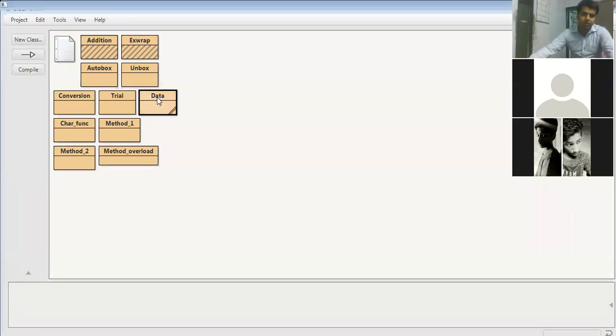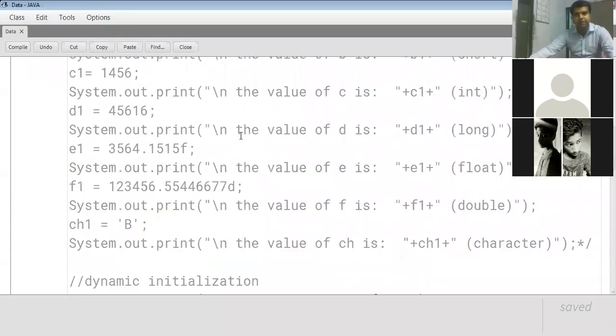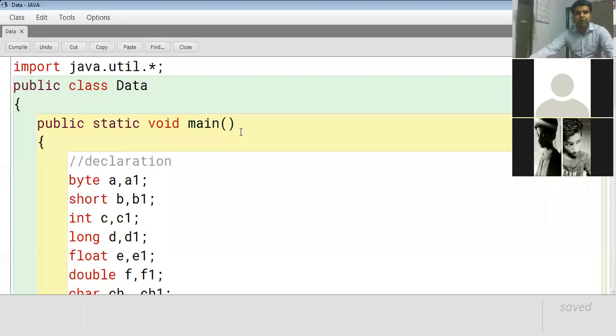Since we are dealing with the chapter on values and data types, apart from that there are some other related topics. The first and foremost thing is Java tokens. The definition of Java tokens is that they are the smallest individual units which are combined together to form a program.